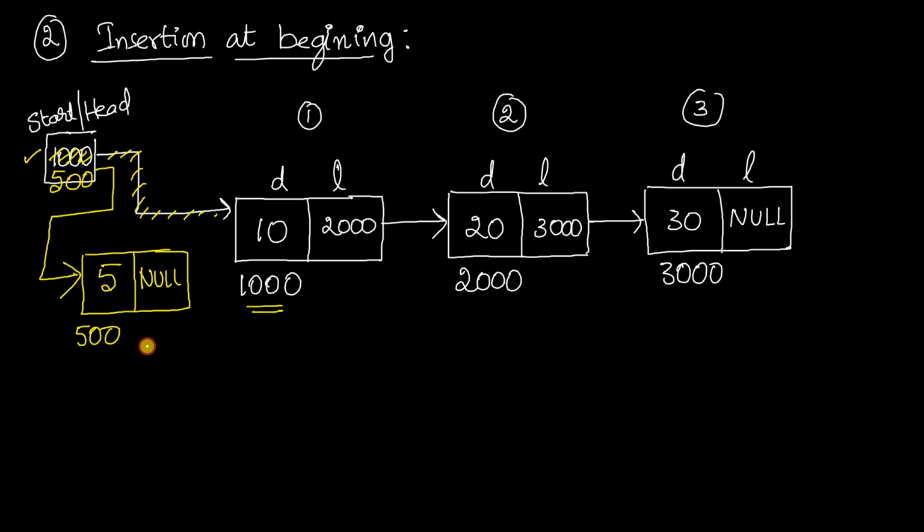Now this will become the first node, and after that remove this null and store the address of 1000, the address of this previously first node, here. Thereby a link will be formed like this, right? So when you remove this link,